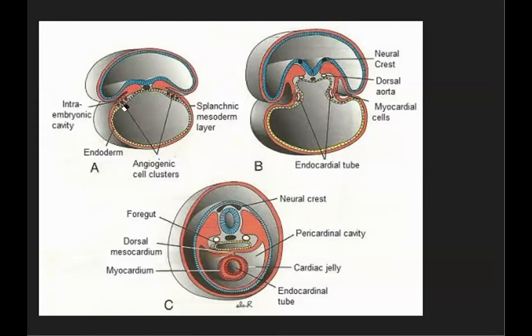Now over here, this is the same process. Okay, and this is also the same process. You can see the dorsal aorta. We will discuss it later. And over here, this is the tube. Okay, this is another picture, and this is what I told you before, a dorsal mesocardium. This dorsal mesocardium is a connection right in